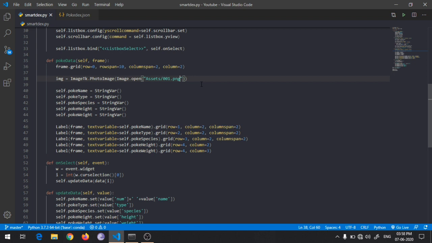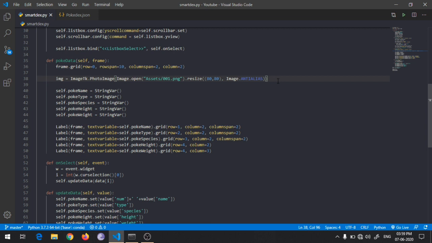and the image is too large, so I will resize it to 80 by 80. I will also give a parameter as image dot and the alias, so that the base image is created.